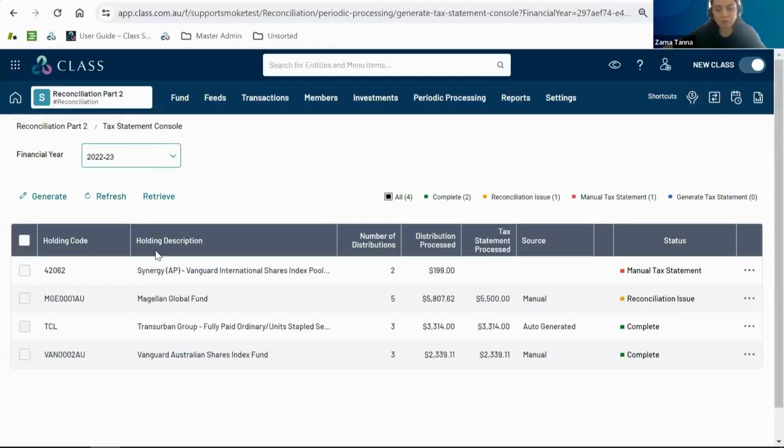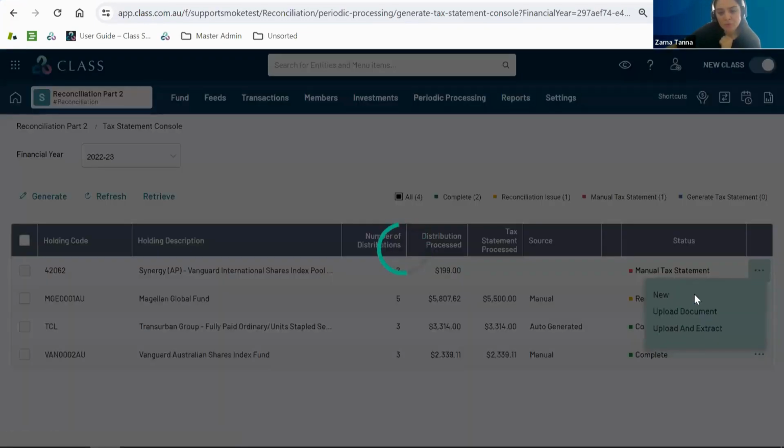So we look into the demo front. For instance, if you process the cash distributions, which are directly held and not via a platform or a wrap account, that means any distributions processed, the tax statements will be available over here for you to process. To process the tax statements, you can either click on the three dots on the right-hand side, click on New,